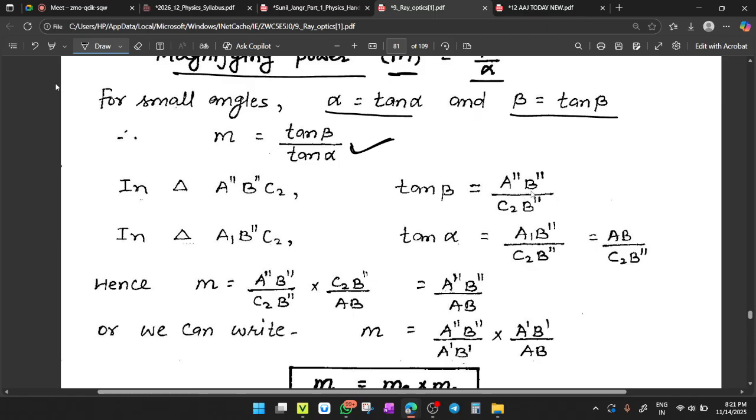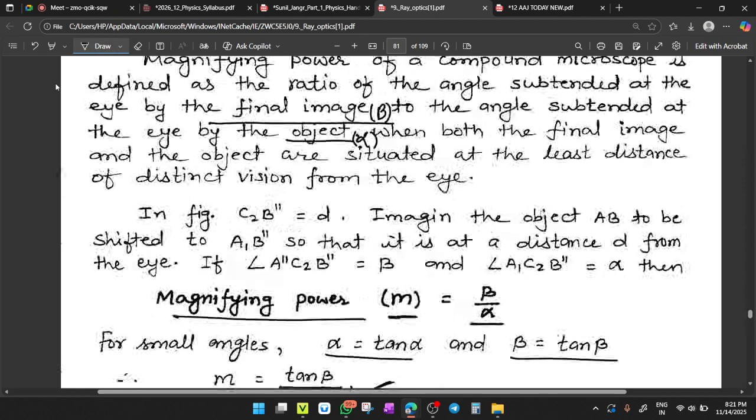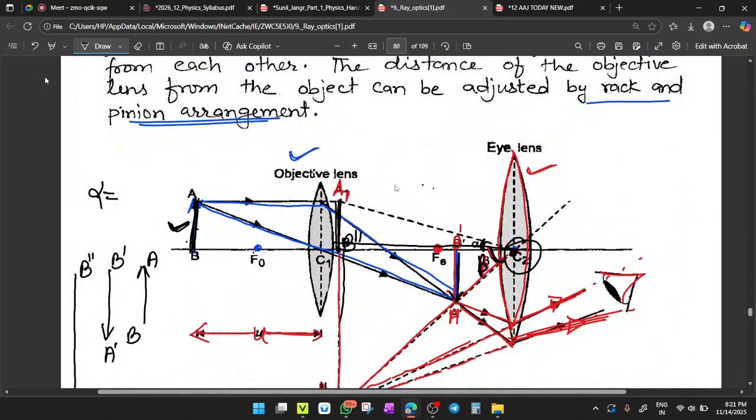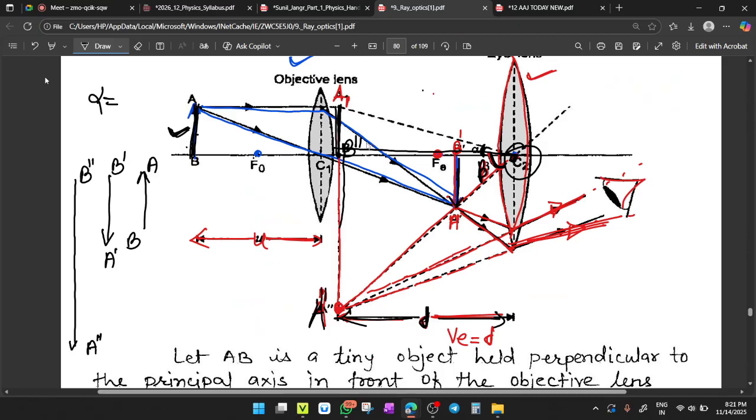tan beta is equal to perpendicular upon base for the final image. So check the diagram. It is equal to A''B'' upon C2B'. Perpendicular is A''B'' and base is C2B'. Clear? Now tan alpha is equal to perpendicular A'B' upon the base, which is A'B' upon